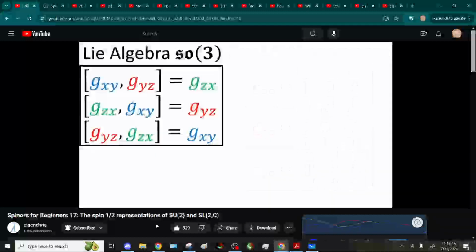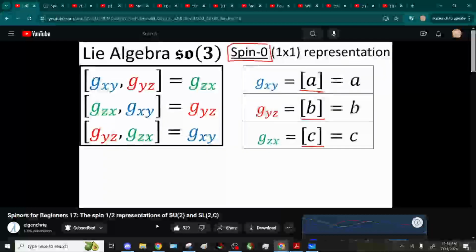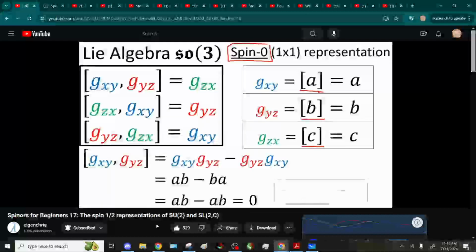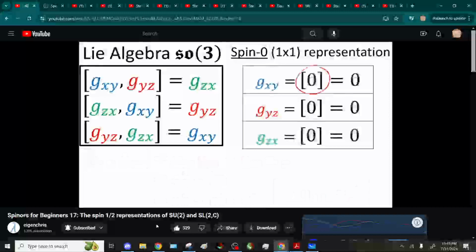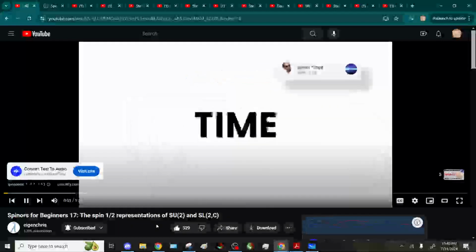The simplest solution we could look for would be the case of 1x1 matrices, which is the spin 0 representation. 1x1 matrices are just scalars with square brackets written around them. Since scalars commute with each other, the commutation relations automatically go to 0, so we're forced to set all three of the generators to be the 1x1 0 matrix. If we exponentiate these 1x1 generator matrices, exponentiating to the power of 0